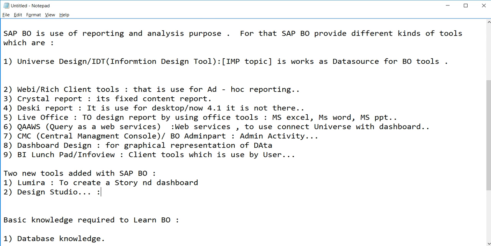And Design Studio is an enhanced version of dashboard, which is also used for dashboards.